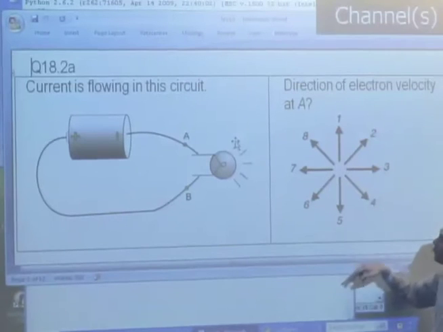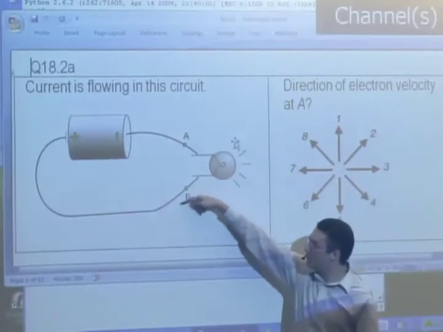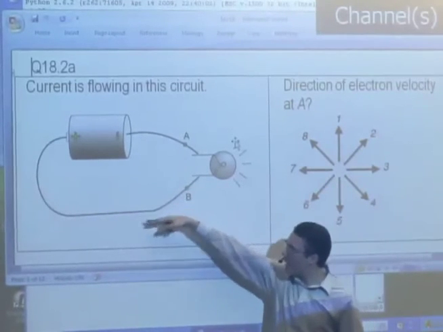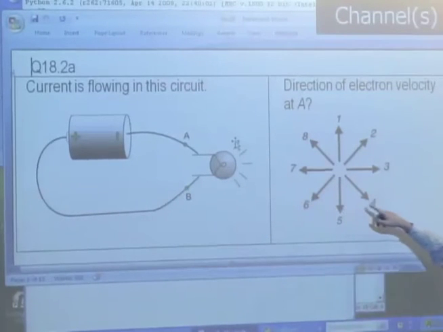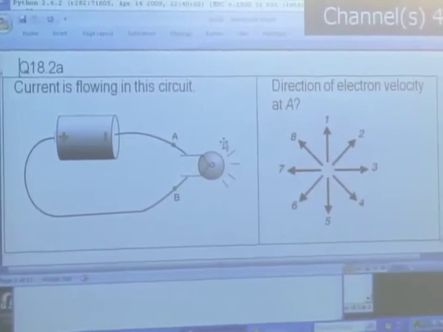So that'd be direction 4. And then at B, they would be moving that way, right? And then they flow back to the positive terminal of the battery. So that's the direction of the drift speed. At location A, number 4 would be the direction of the drift speed and the direction of the